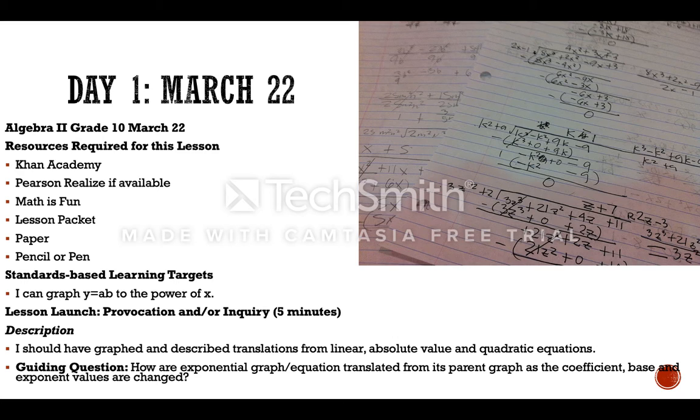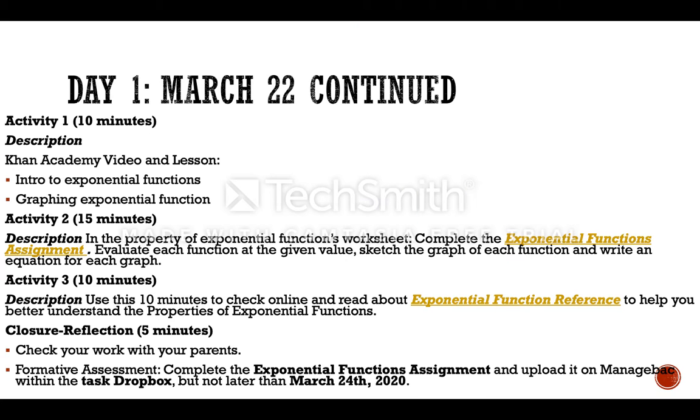First, you have to answer the guiding question: how is an exponential graph equation translated from its parent graph as the coefficient, base and exponent values are changed? First activity, watch the Khan Academy video and lesson on Intro to Exponential Functions and Graphing Exponential Functions. Next activity, complete the exponential function assignment and submit it on ManageBac before the 24th of